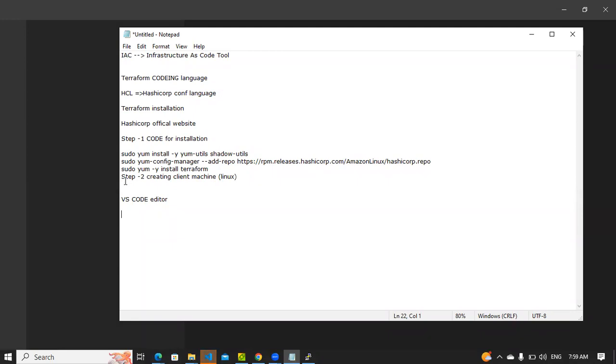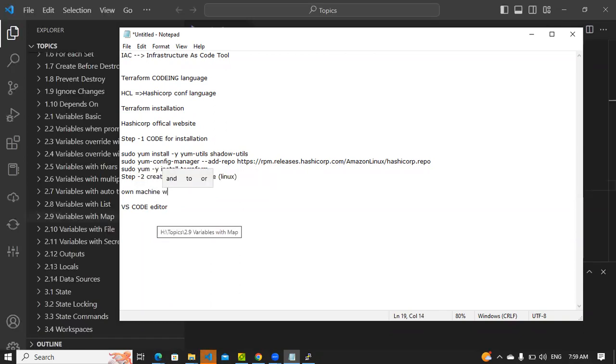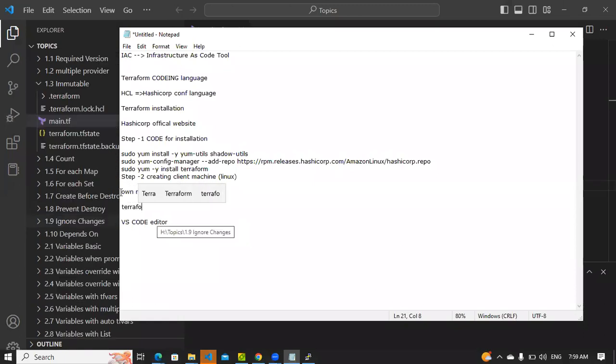So for that, from my own machine, which is a Windows one, I have installed Terraform for Windows, and then I need to install AWS CLI. These two installations I need to do, and the third one is the VS Code editor.